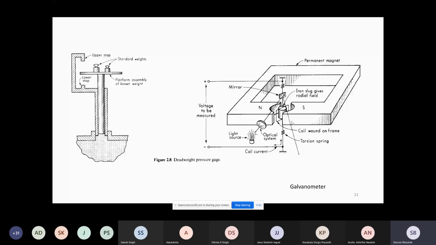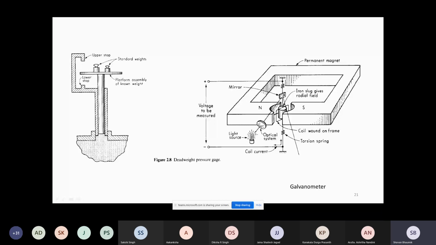Now, see how the galvanometer is constructed. In the near future, I will come to the detailed construction because it is in the syllabus. But now, just within a few lines, I want to state. Let's say you have a magnet like that. It is a kind of square, though a square magnet is not always used. Many times a U-shaped magnet is used, and there is a part where there is nothing, just vacuum, and inside that there is a weight hanging over a spring, and there is a mirror, and there is a light which focuses on the meter and gets deflected on the scale.